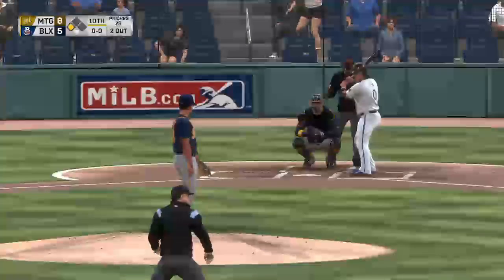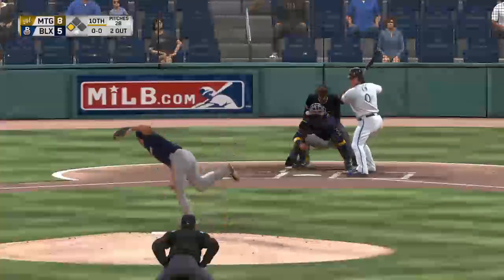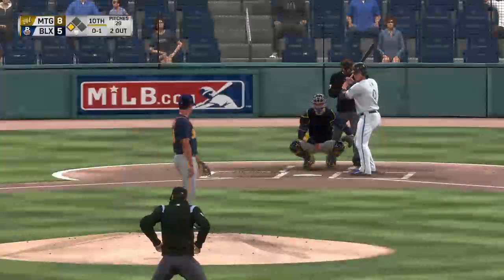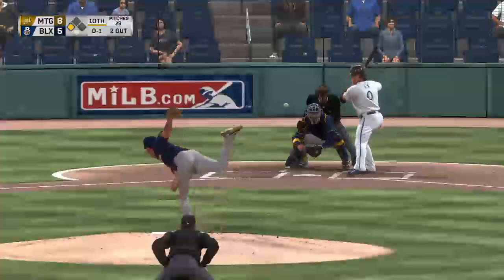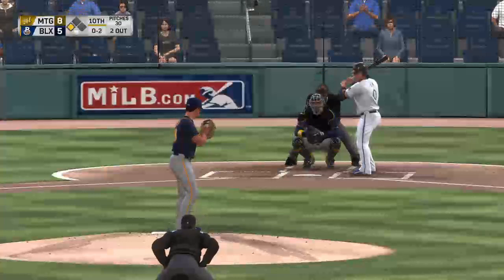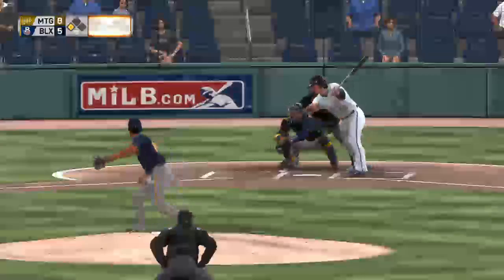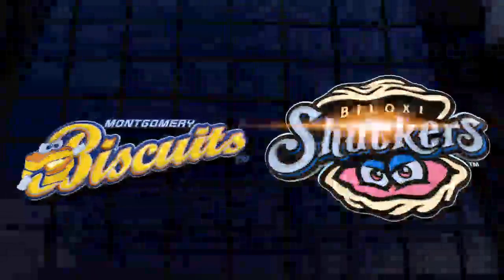Into the box now, Theodore Kim. He's got 3 hits, including a double to this point. From the stretch. Cut fastball in there for a called strike. 0-1's the count. The 0-1 on its way. Swung on and hit softly on a line, but this is a foul ball. 2 out, 2 strike offering. Here it is. And a swing and a miss as they definitely had him reaching for that one. And this ball game is over. Well, the lineup was clicking for